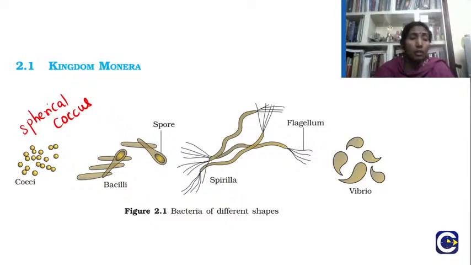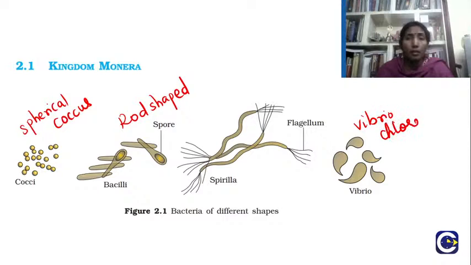Then what about the rod shaped bacteria? So the rod shaped bacilli, what you see, they are all rod shaped. They look like rods, right? Then we have the comma shaped bacteria, like how you see in this Vibrio cholerae. Okay, then we see the Spirilla, then we see the Spirillum, which is more or less spiral in shape. So these are the different shapes of the bacteria. Okay, depending on their shape, they were grouped into 4 categories.